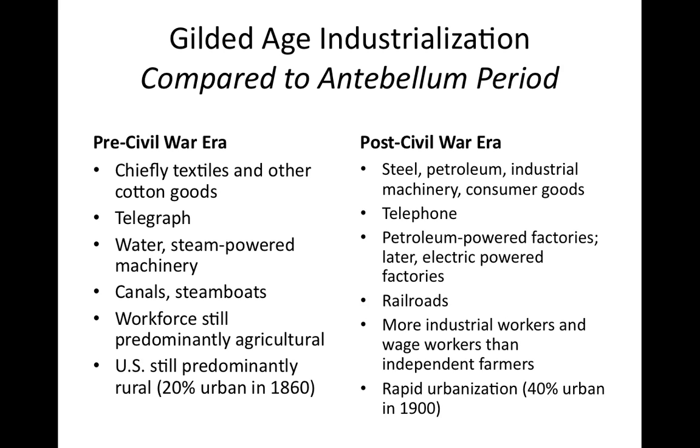You'll notice that before the Civil War, mostly textiles, cotton goods, things like that dominated the industrial sector of the economy. Whereas after the Civil War, you get more modern things like steel, petroleum, so that's oil, the extraction and refinement of petroleum. Big industrial machines are being made that can make other goods in vast quantities, cheaply and